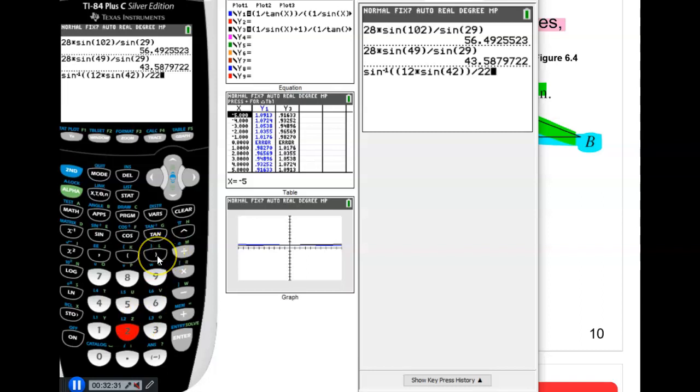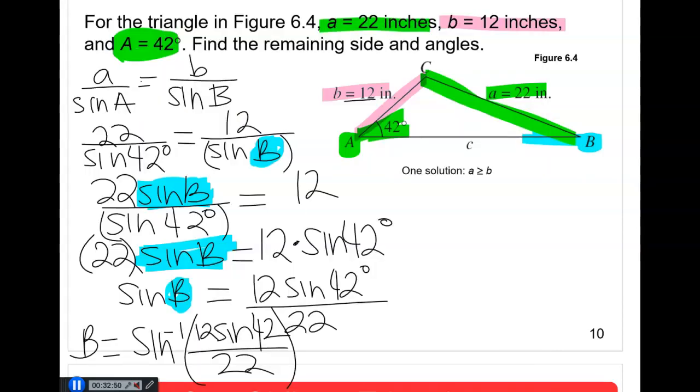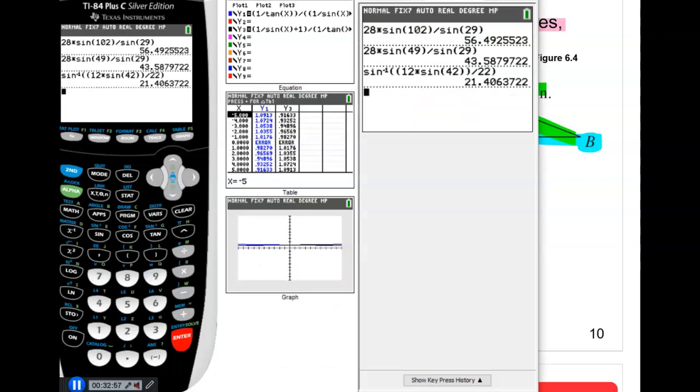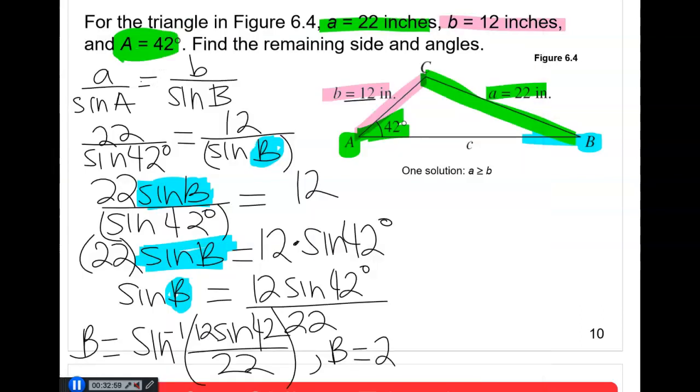And I'm going to close the parentheses one more time to close the first one that I opened, the one right next to sine inverse. And remember, we must be in degrees, so we get 21.406. If we round to the nearest hundredth, it will be 21.41. So angle B is 21.41